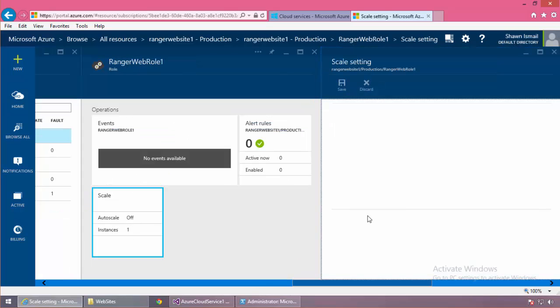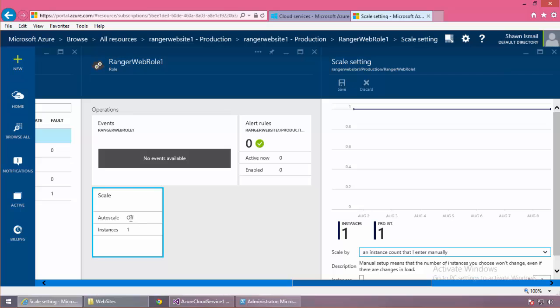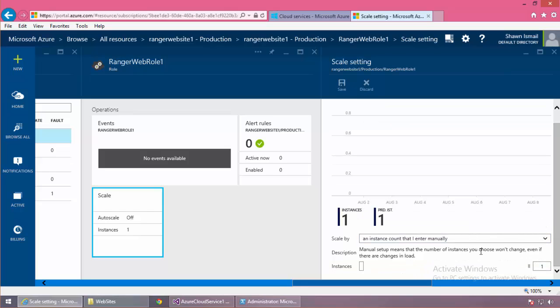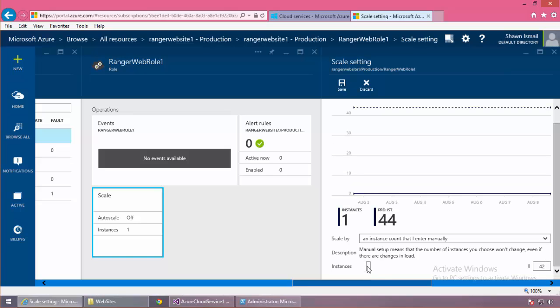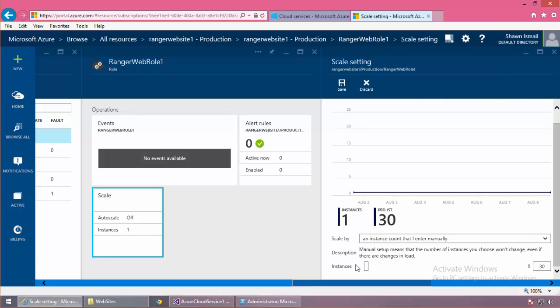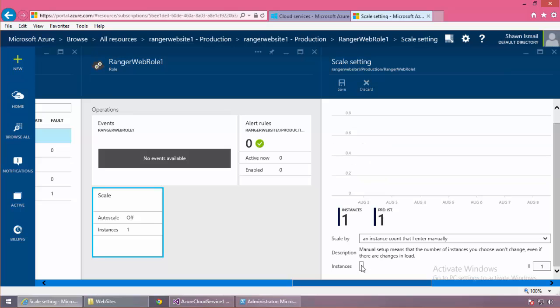So auto scale is off and instance count is one. Don't worry about the auto scaling. We'll talk about it at some point in a future session, but we are now concentrating on the instance count. We can see that right now, the instance count is only one, and this is something we want to change. So not go to 44. Let's not get carried away. Let's go to, for example,